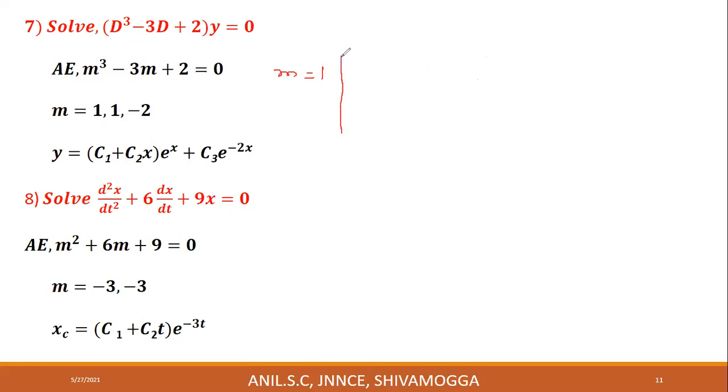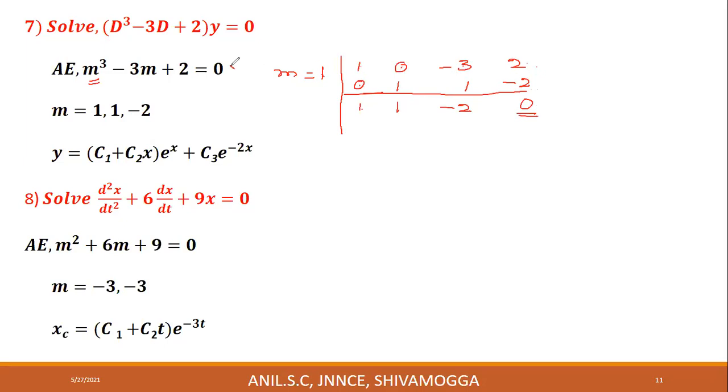Let's reduce this cubic equation into a quadratic equation. First you write the m cube coefficient, that is 1. Next, the m square coefficient. There is no m square, therefore the coefficient must be 0. Next, the m coefficient, minus 3. Next the constant 2. Here in the first question, we write 0. Add these two. 1 plus 0 is 1. 1 into 1 is 1. 0 plus 1 is 1. 1 into 1 is 1. Minus 3 plus 1 is minus 2. Minus 2 into 1 is minus 2. 2 minus 2 is 0.